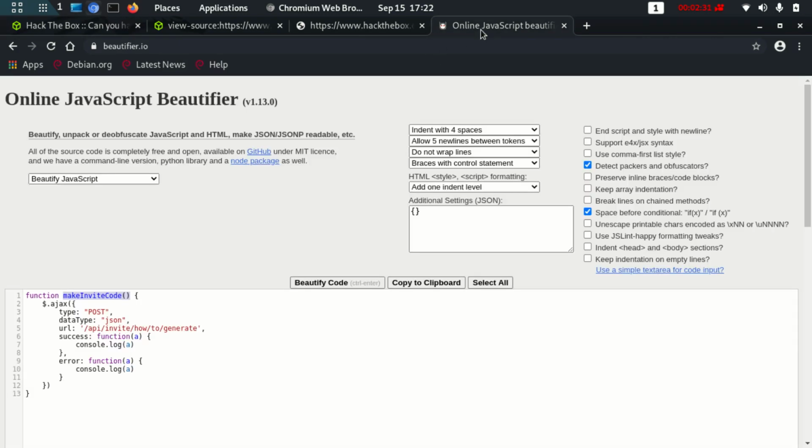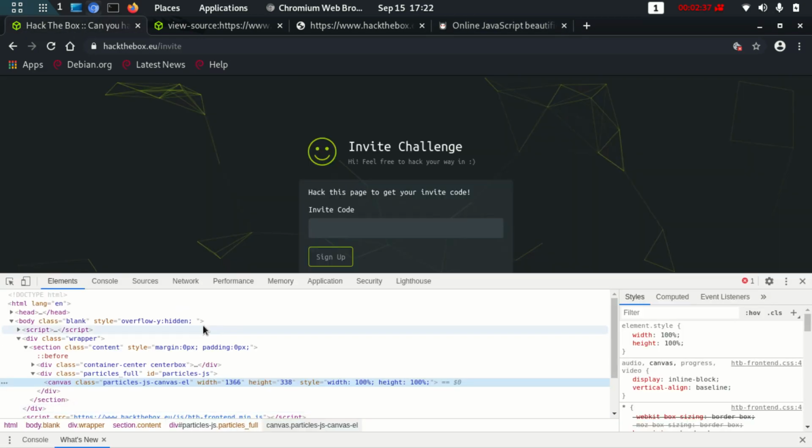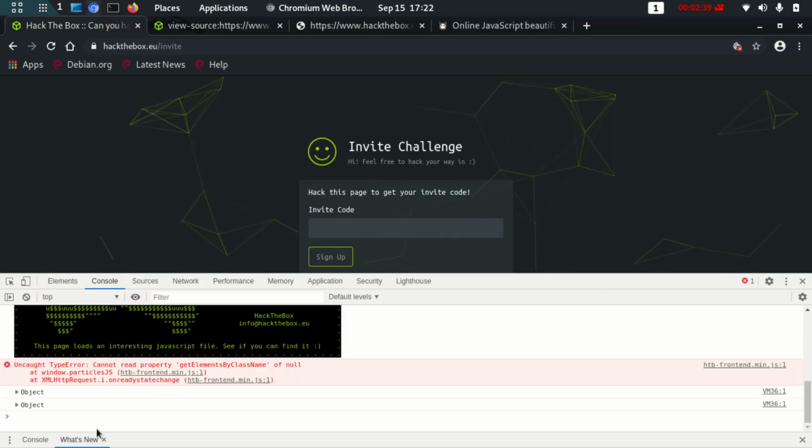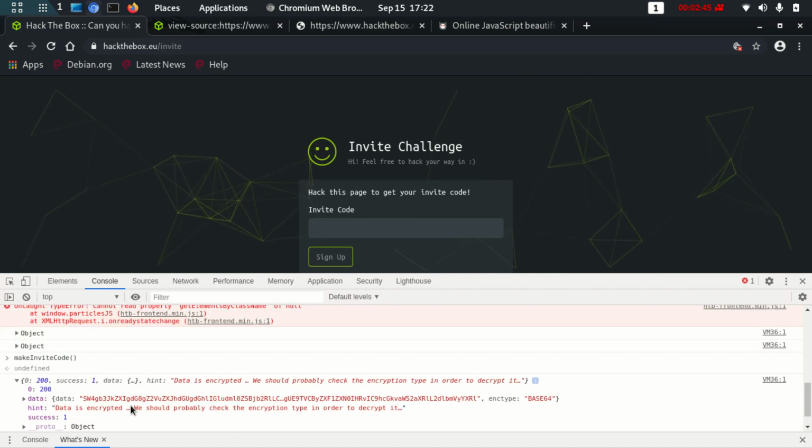In the function it says the URL is this, where we need to go via a POST request. In the console, just for showing, you'll see the data. It worked properly, and you can just decode this data.